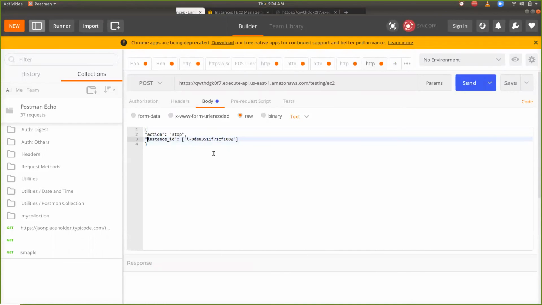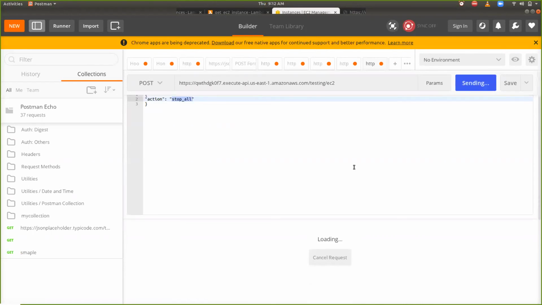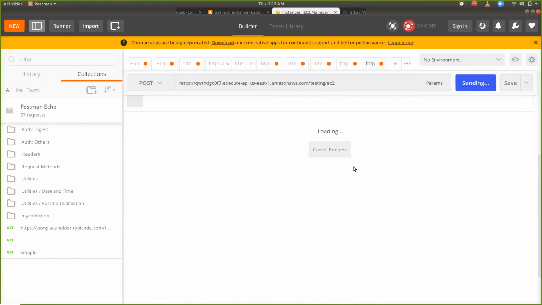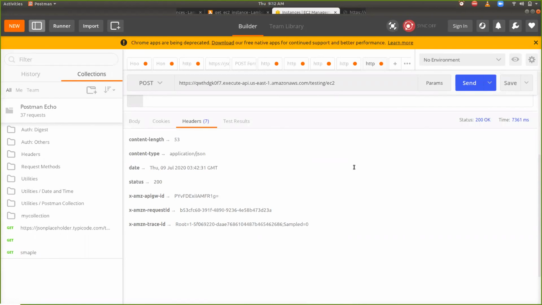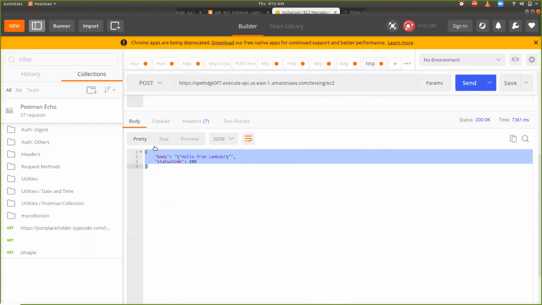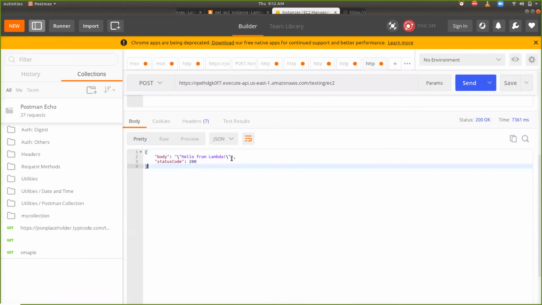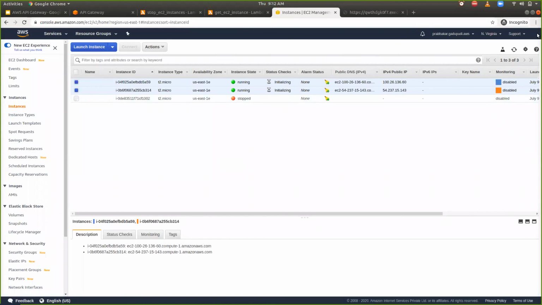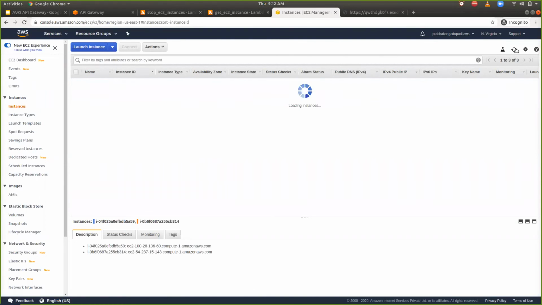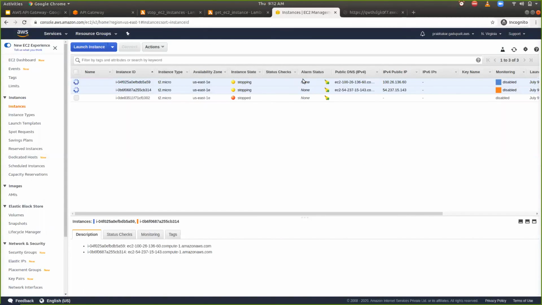Instead of passing the instance IDs, I can pass stop all, and now hit the API, and you can find the response here. That response we can customize as per our requirement, and accordingly we can send a custom message here. If you see, hello from the Lambda, and if I go here and refresh the window, now all these EC2 instances are stopping successfully.